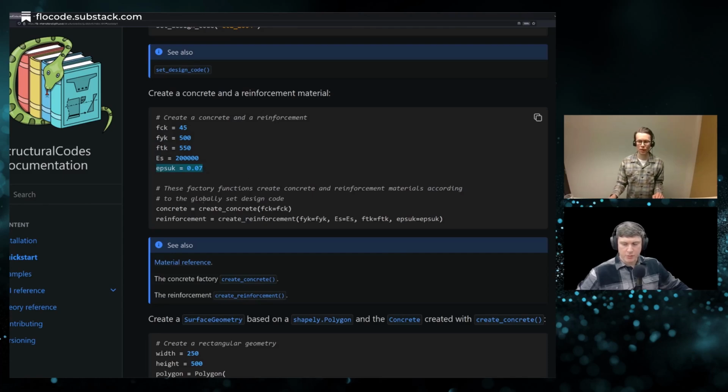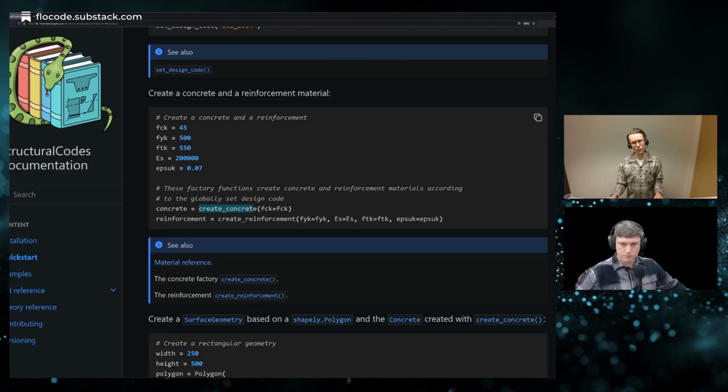I'll just quickly jump in here, Morten. Sure. For anybody that's unfamiliar with the Eurocode, all international code standards have the same properties, just with slightly different variable names. So if you're using any other tools out there, you first of all need to just define a specific design code, as Morten mentioned, like Eurocode 2, and then we assign these variables throughout. Okay, carry on, Morten. Yeah, thank you. That's a good point.